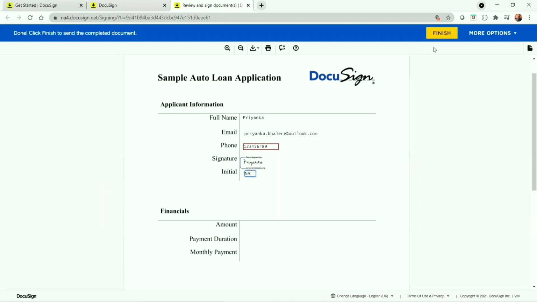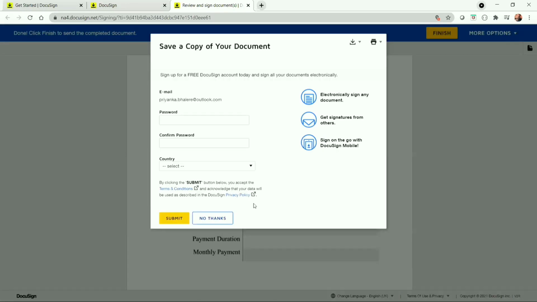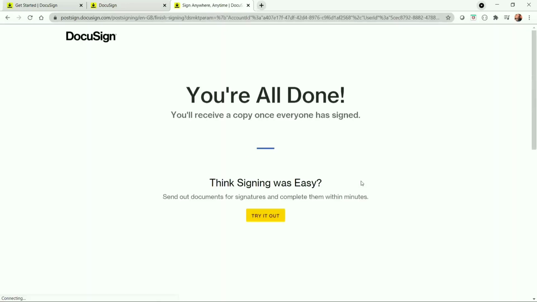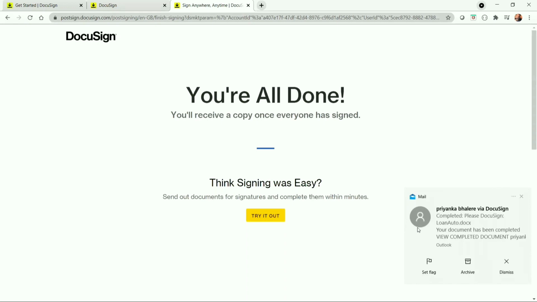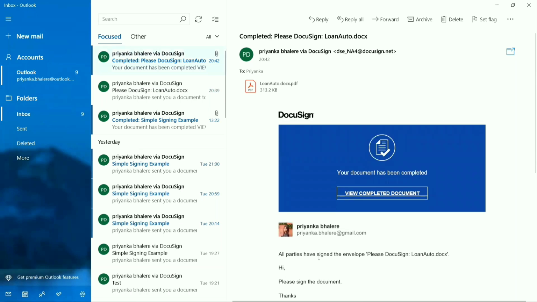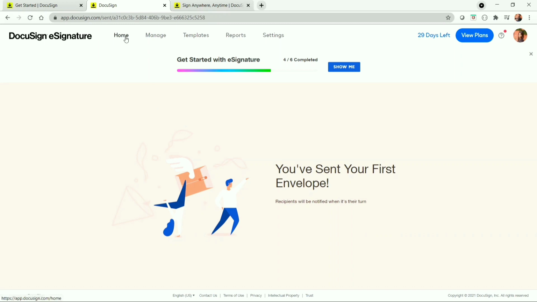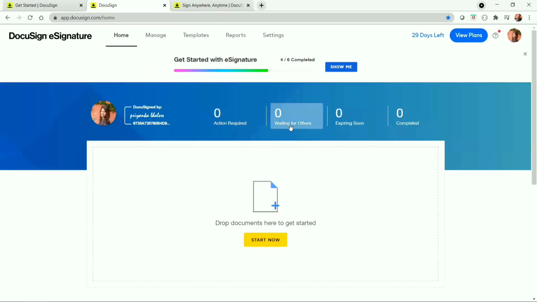As soon as I click on finish, the sender is notified with an email. As you can see, all parties have signed the envelope. To see the status of your document, just visit the home page of DocuSign and we can see that one action is completed.